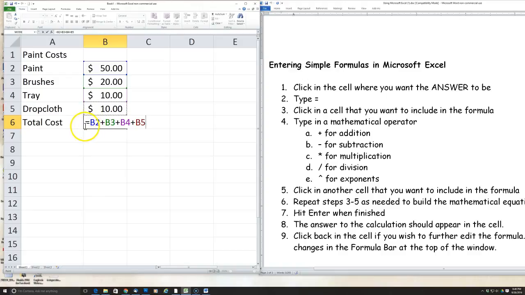So the full formula is the equal sign to signal that a formula is about to begin, and then it's going to add whatever's in cell B2 plus whatever's in cell B3 plus whatever's in cell B4 plus whatever's in cell B5. So when I hit the Enter key to accept this, the formula is going to disappear, and in its place is the result. So 50 plus 20 plus 10 plus 10 equals 90. So Excel did the calculation for us,